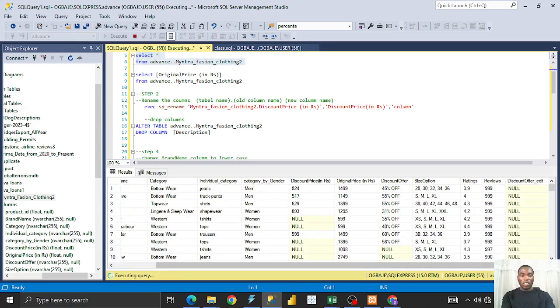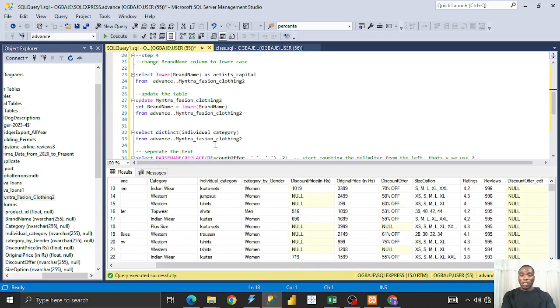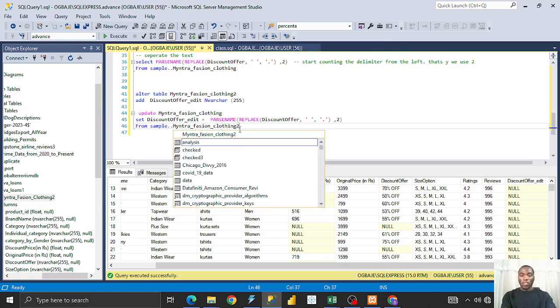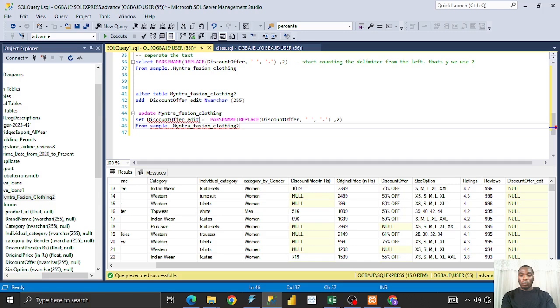So we have added a new column, showing null because we've not done anything there. So we go back to this place. Let's try and see if we can update. Remember, it's the same code we are using here. This is just a comment that will help you, so you can change it to any language you understand. So let's change this to 2 because we are using this table, and